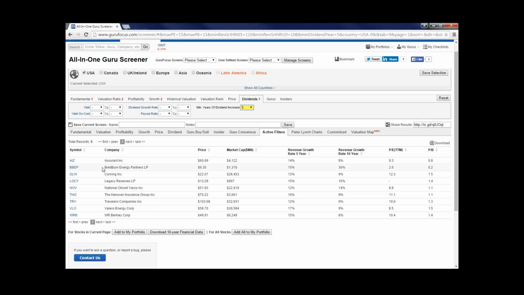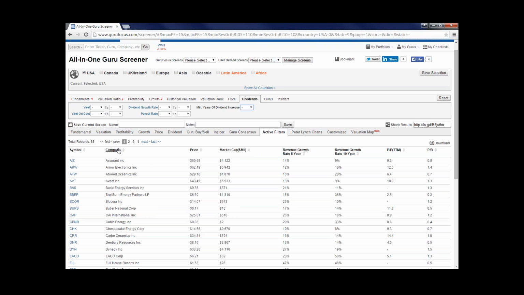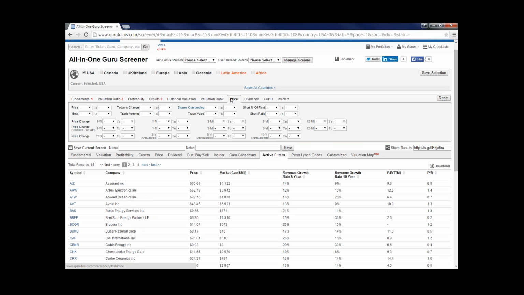So what do we have? We have Assurant, we have Brightburn Energy, Corning, Legacy Reserves, National Oil Well, Vargo, and a handful of others. That may be a little bit slim for you, okay? So anytime you can just uncheck that box and go back. Now you can look for stocks in a certain price range. You can look for stocks that have had big movement today, big volume stocks, big movements over the last year or week. If you want to find quality stocks and find ones that maybe have had a pullback recently, we can look for a